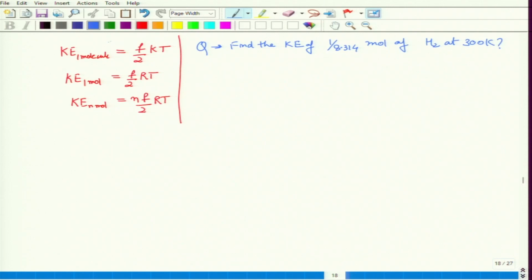So the solution to this question is, the kinetic energy we need for this amount of mole for hydrogen. First, the important thing we need to know for hydrogen is what is the degree of freedom. The degree of freedom for hydrogen, as we have discussed for the diatomic gas, is 5. So kinetic energy is